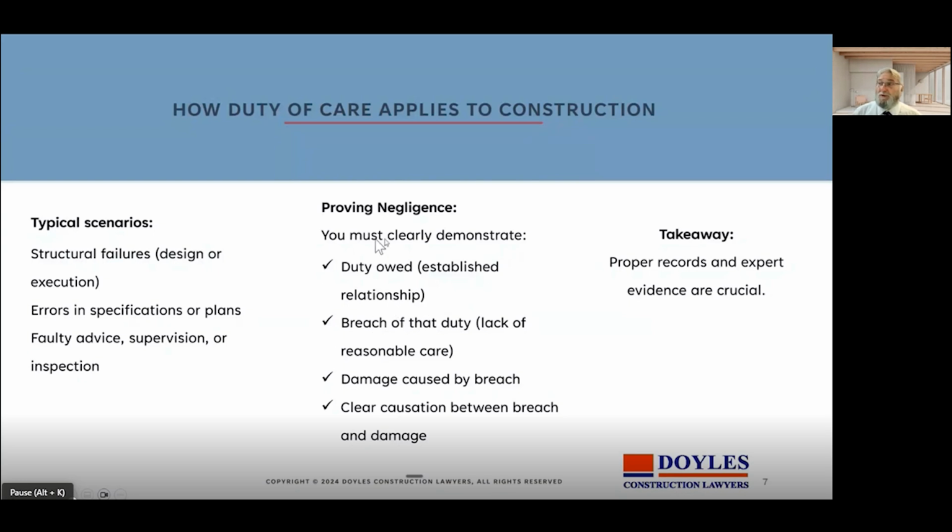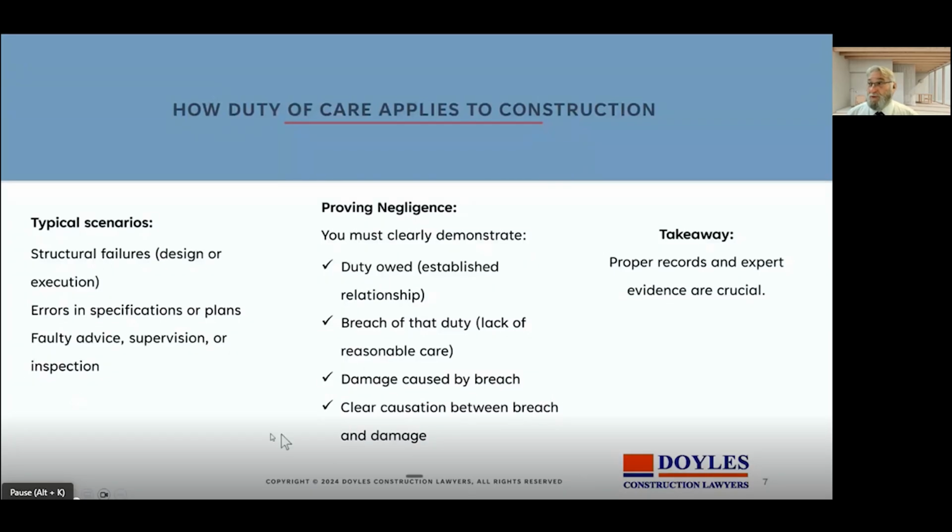Having established that somebody owed you a duty, you've then got to say what was that duty and how was it breached. So usually it's stated as a duty to take reasonable care that the injury wouldn't happen. So you've got to show that he didn't take reasonable care, because if he took reasonable care and it still happened, he's not liable in standard negligence. You've then got to say that the damage was caused by his breach. So if he failed to secure some logs and the logs fell on you, then you could say, well, that's a clear causation between the breach and the damage.